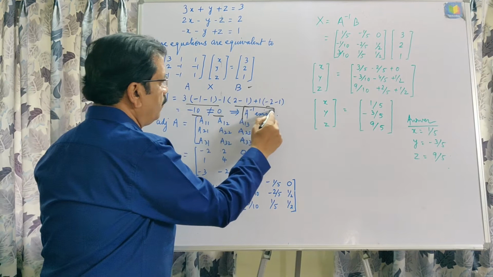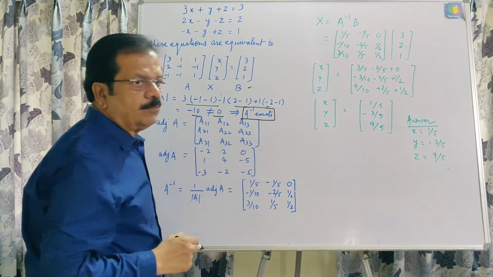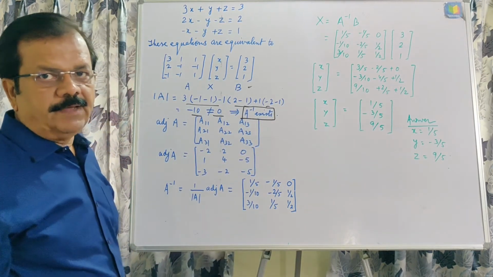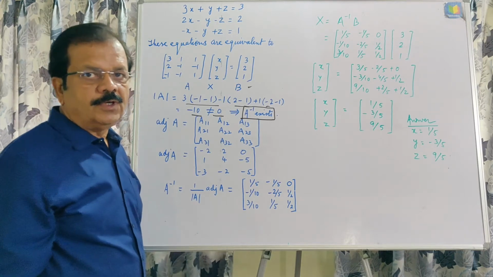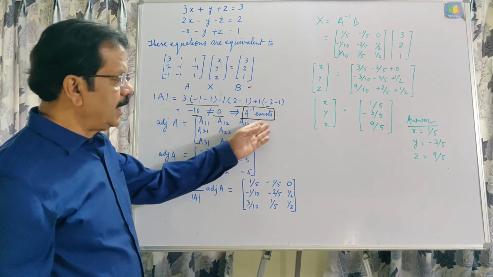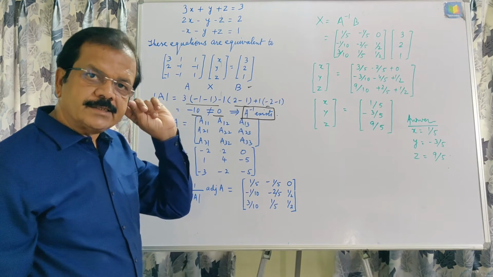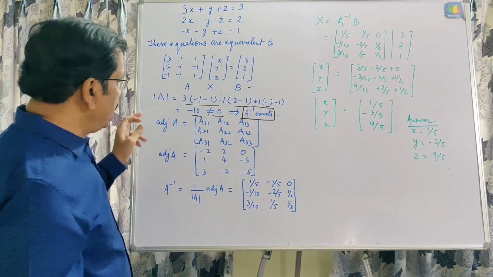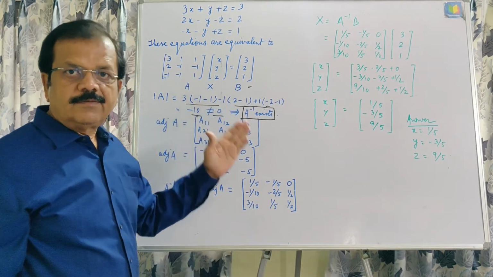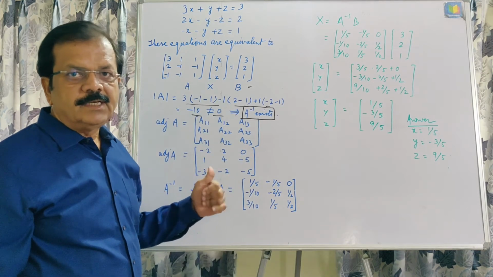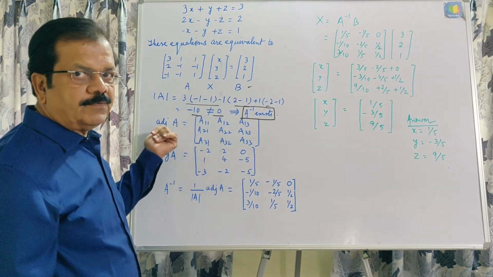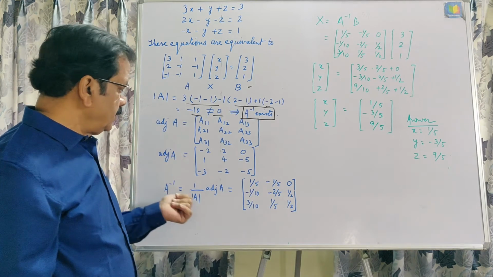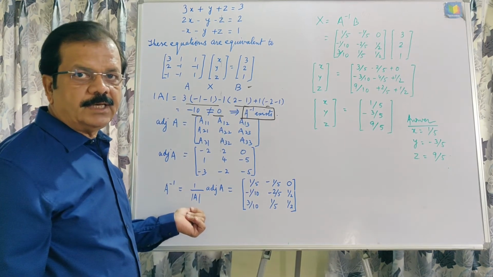So this is of the first form of consistency. If the determinant is not equal to 0, then we can simply say that the inverse exists. Okay, and that is why we write the inverse. How can we find the inverse? That is the adjoint of this matrix upon the determinant of this. That will be the inverse.